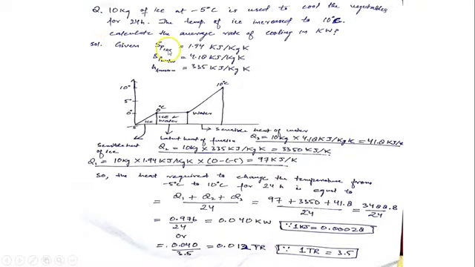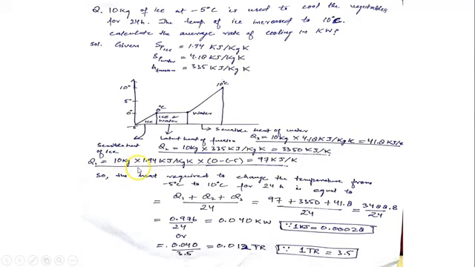Here we have given specific heat of ice is this, specific heat of water is this, and heat of fusion from ice to water is 335 kilojoule per kg Kelvin. Let us understand the process which occurred in 24 hours. The temperature of ice was -5 degrees centigrade, and then this temperature increased to 0 degrees centigrade. This represents a sensible heat of ice, and this will be equivalent to, for example, Q1